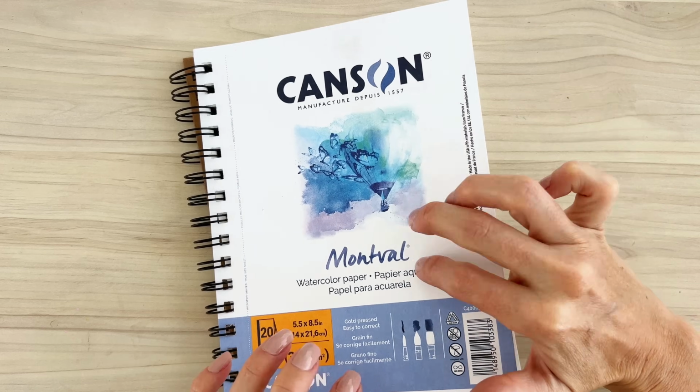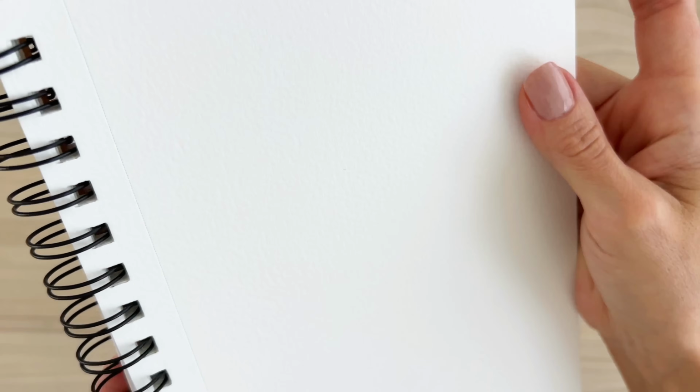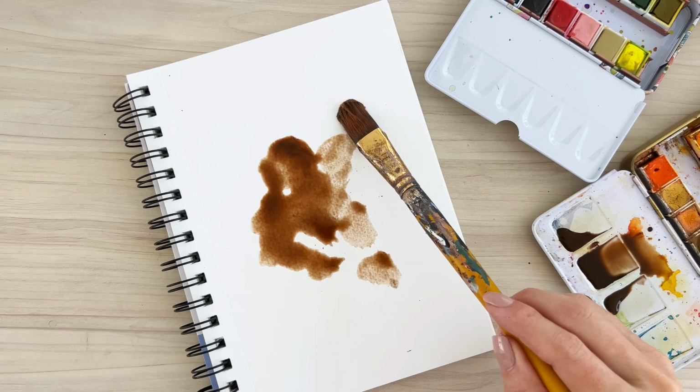Today, let's have fun with our sketchbooks and get creative. And what better way to get creative than with a fresh, brand new sketchbook? As I said, we're going to start by having fun and playing with our materials. So the first thing I'm going to do is take some watercolors and just splat some of it on the